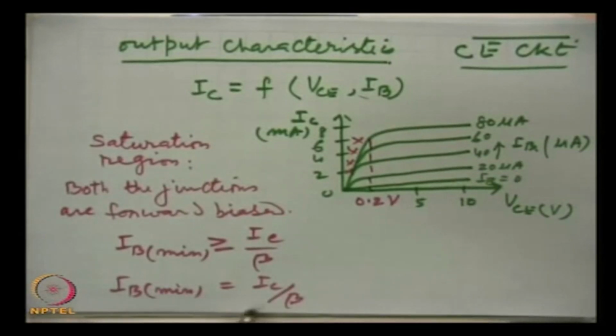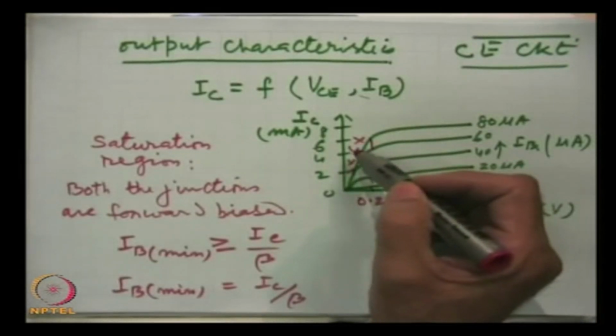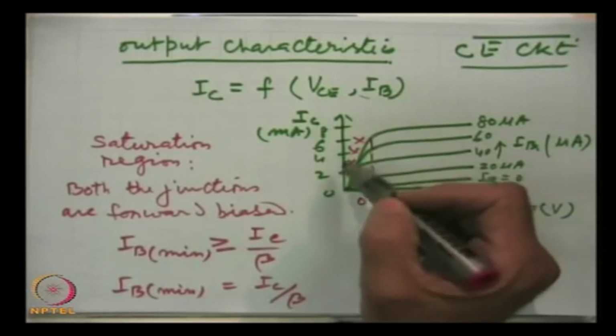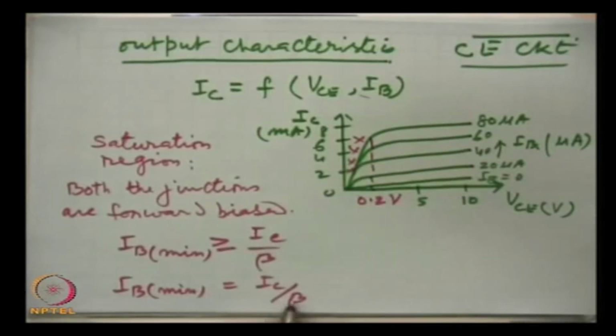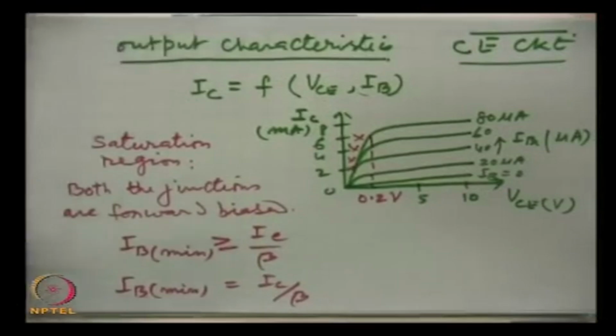If this condition is satisfied, then, because this state is used in digital electronics, and there we will have to see that the transistor is put to saturation. So, then this condition is used. For any circuit we can find out the currents. We will take one example how to find out the currents in a circuit, and then this condition can be applied to see whether this is in